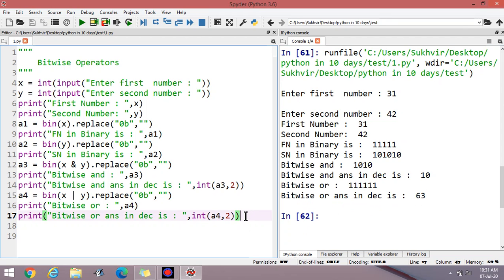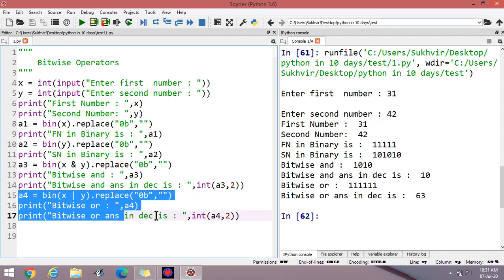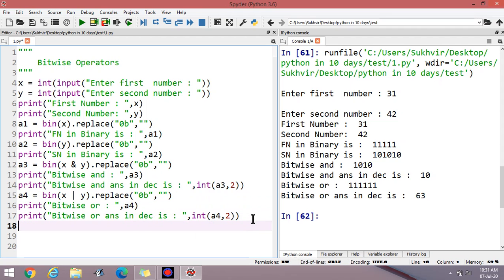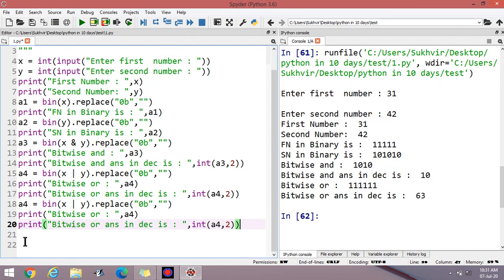The next one is bitwise XOR. Now you can copy and paste for the XOR operation, then you can save into A5.